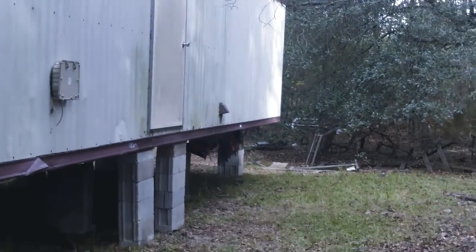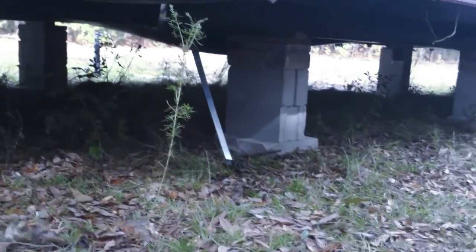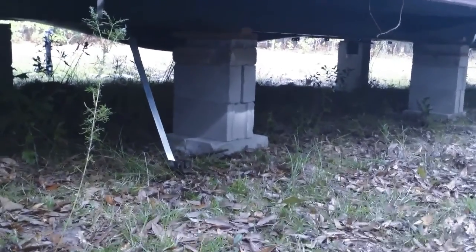That's the living room right there. That's one of the bedrooms. Back door. Just needs some power washing back here. It's been leveled. The underbelly looks halfway decent. You see a little bit of it right there, but underneath there's a sewer. I don't know if you can see that sticking out